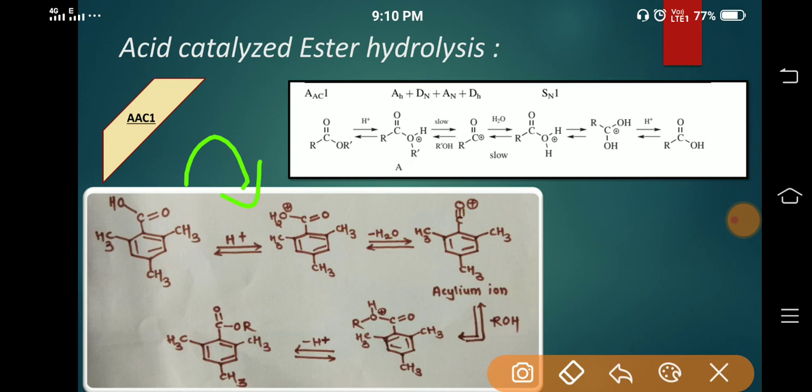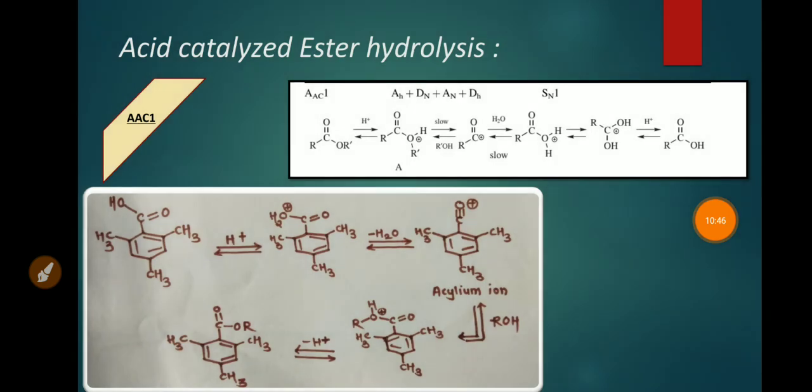Okay, as we have discussed earlier, esterification and ester hydrolysis both have the same mechanism. Okay, in this reaction we are converting this 2,4,6 trimethyl benzoic acid into 2,4,6 trimethyl benzoate. Okay, that is mesitoic acid into mesitoate. Okay,